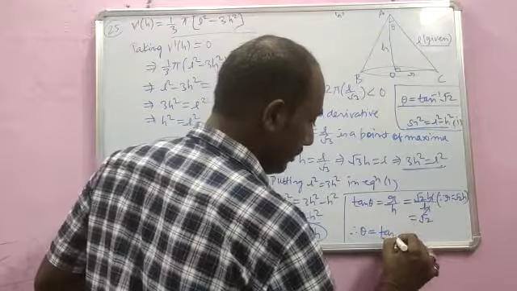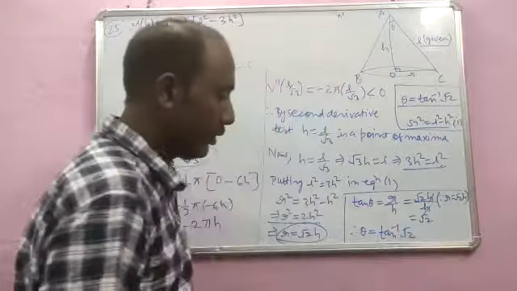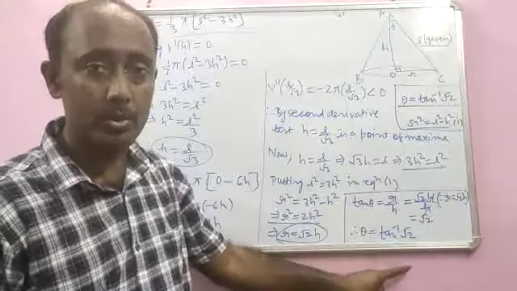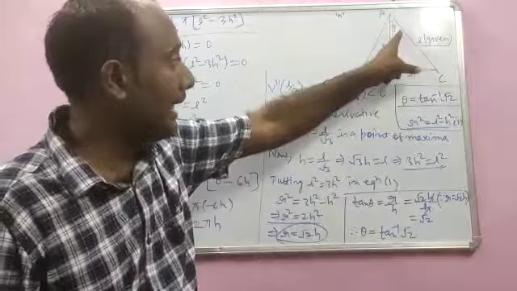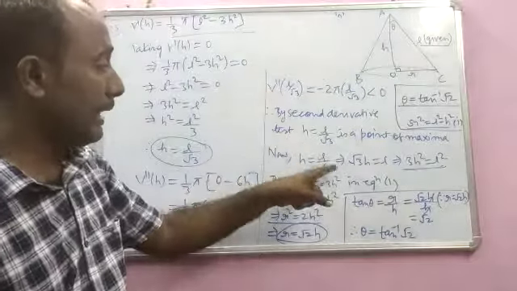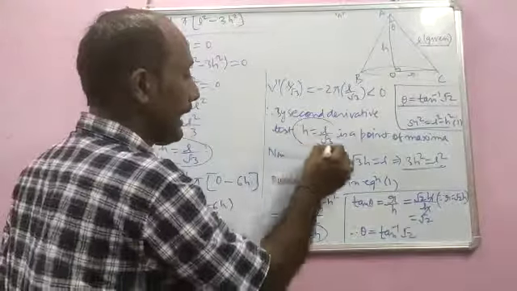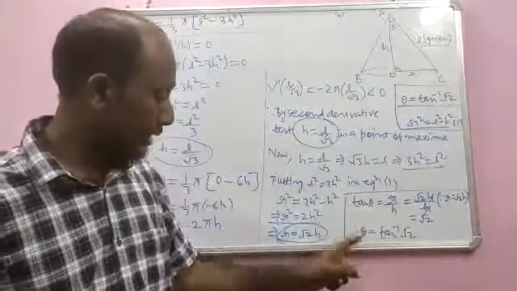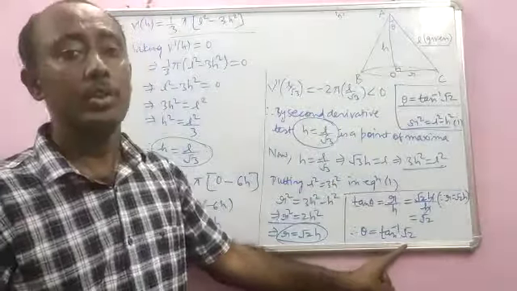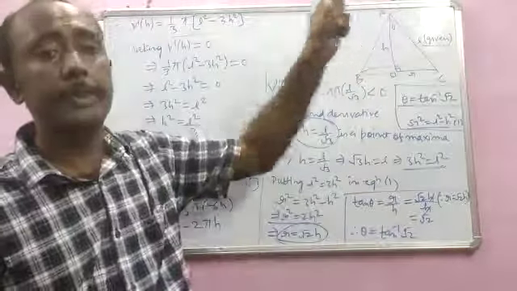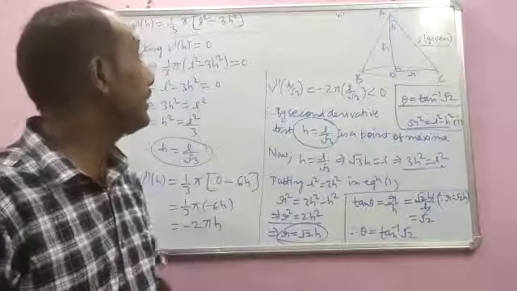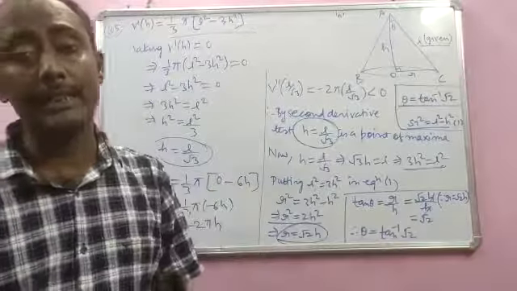So theta is equal to tan inverse root 2. So we got the value of the semi-vertical angle as tan inverse root 2, and this is the angle when volume becomes maximum, because we have proved that h is equal to L by root 3 is a point of maxima. So for theta is equal to tan inverse root 2, the volume will become maximum. So this is how you have to deal with the word problems which are there in this exercise.